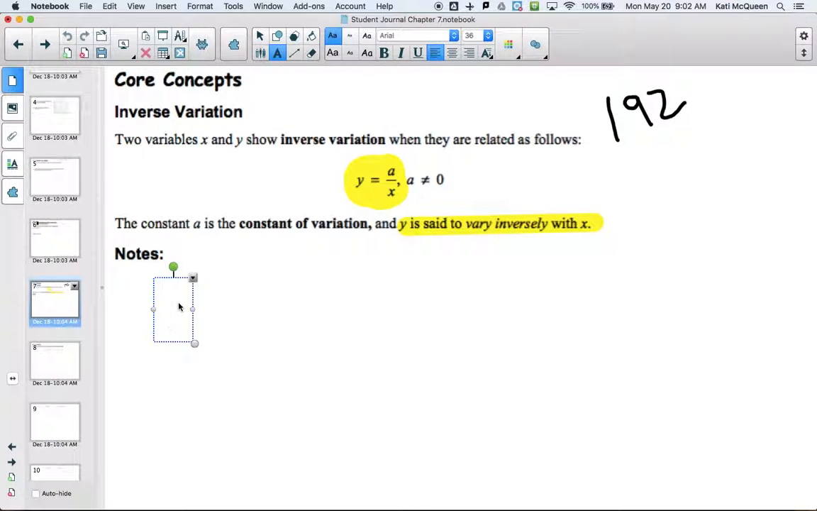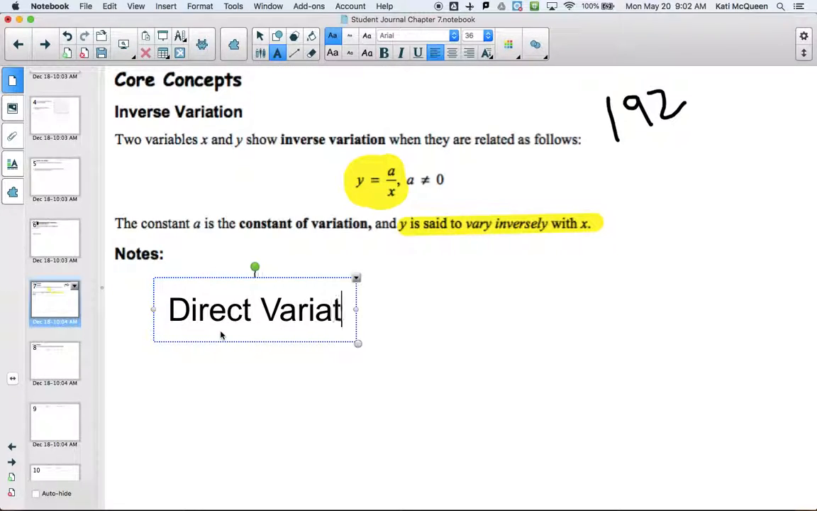So something you also want to add down into the notes here is something called direct variation. And you have seen this one before, but probably never really called it that. So direct variation, instead of y equals a divided by x, is y equals ax. So it's the same idea, except a and x are being multiplied, where up here is a divided by x. Here we have a times x. Okay, we're going to go to page